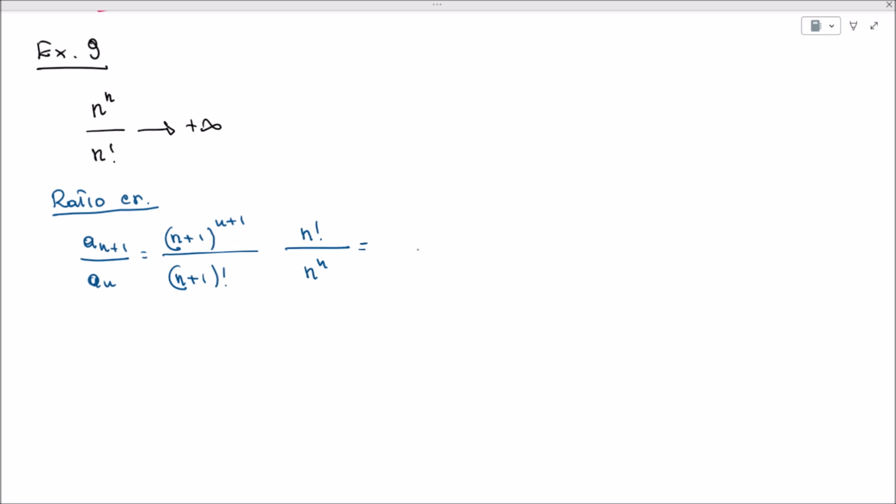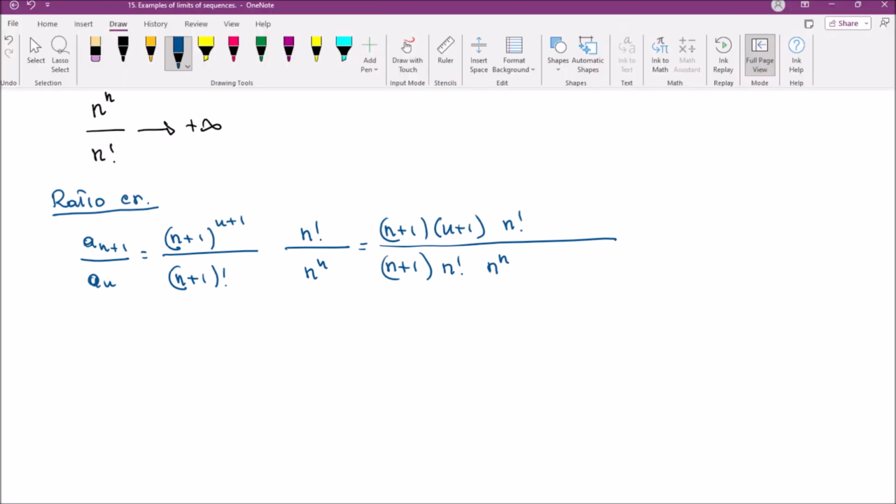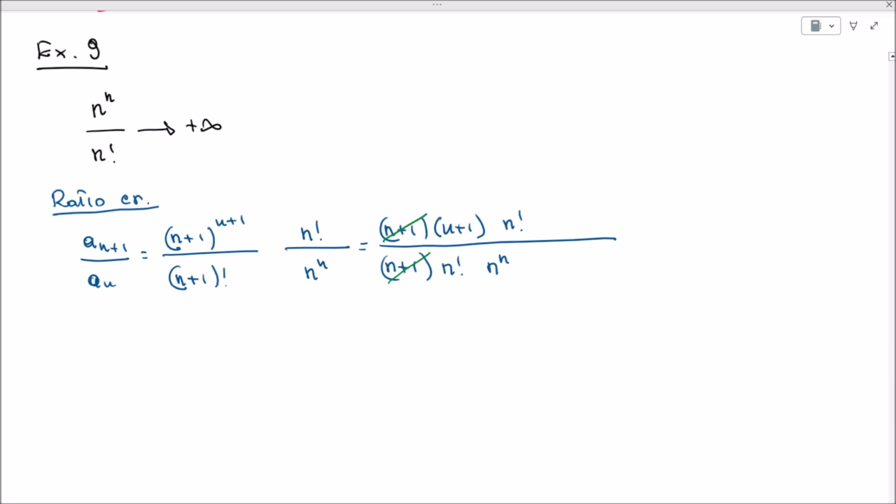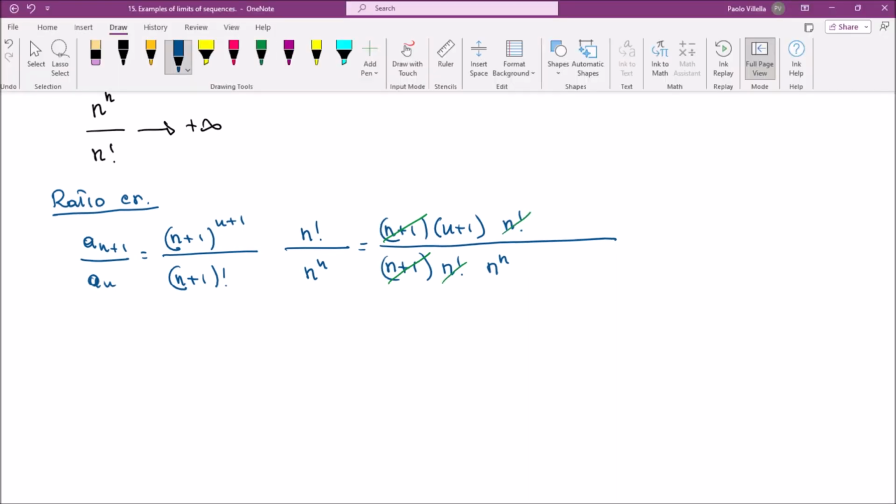Now we can rewrite this fraction as (n+1) times (n+1) to the n, this is the first term raised to the n+1, times n factorial, divided by (n+1) times n factorial, all this times n to the n. And we can simplify (n+1) and (n+1), n factorial and n factorial, so that we are left with